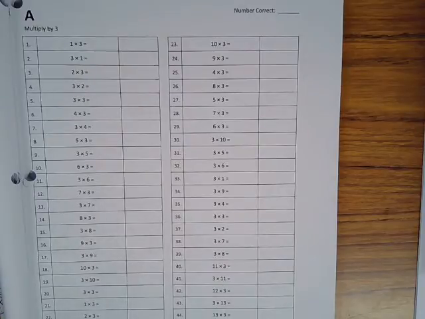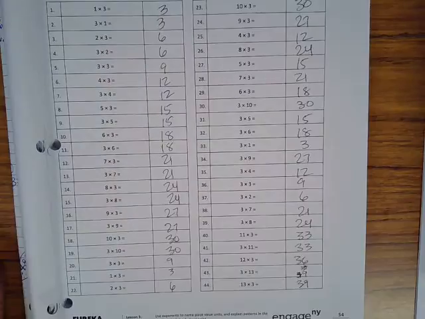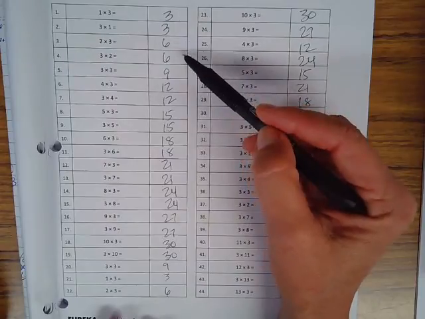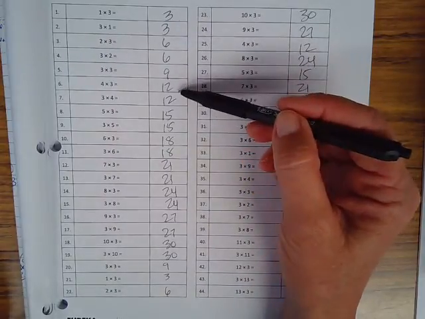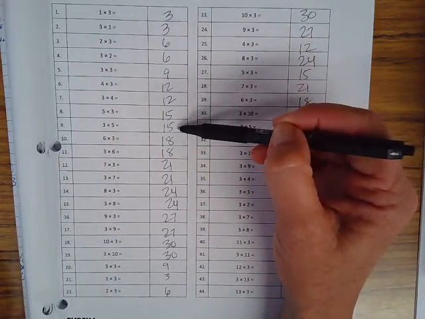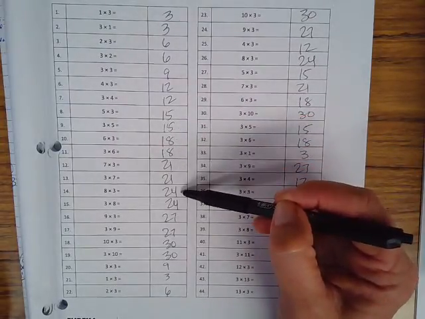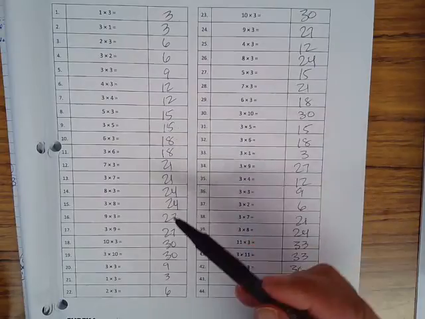Are you guys ready? All right, pencils up. Pencils up. Wait. Really quick. So, 3, 3, 6, 6, 9, 12, 12, 15, 15, 18, 18, 21, 21, 24, 24, 27,